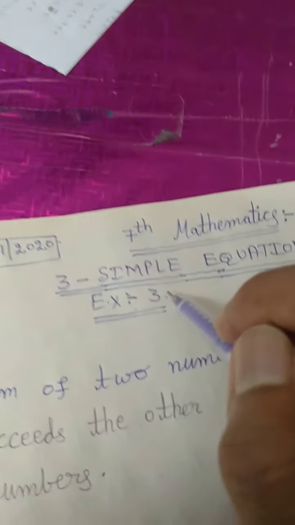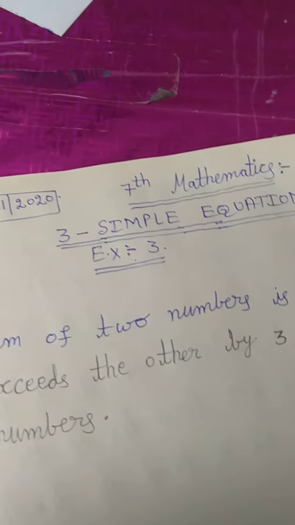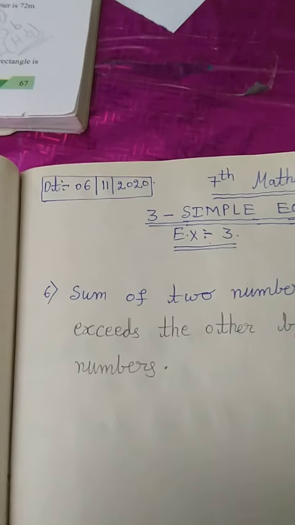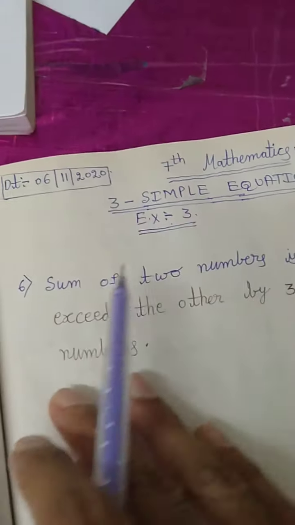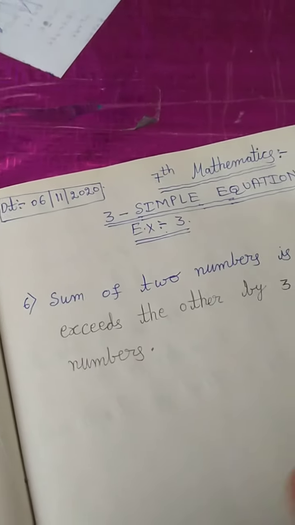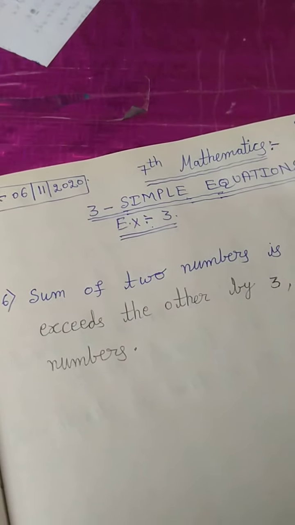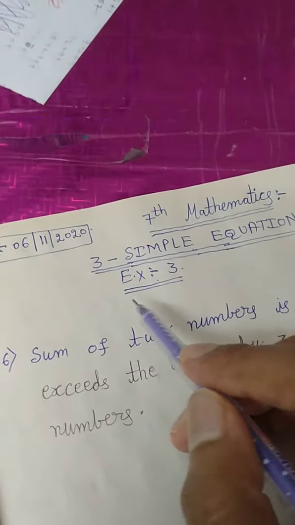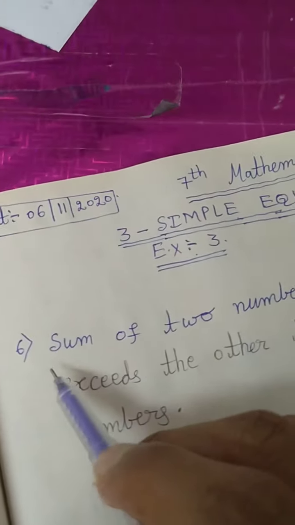The pen shape and spoon shape will be there. That is exercise 3, children. Very carefully you see, children. Up to 5 problems we have completed in the previous live class. Today we shall go on with some more problems in this exercise 3, children. Some important problems are there, and very easy problems only. So sixth problem we shall see.